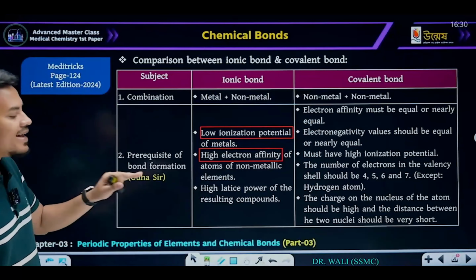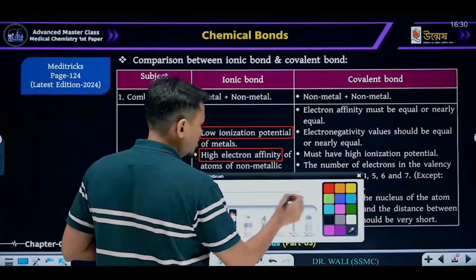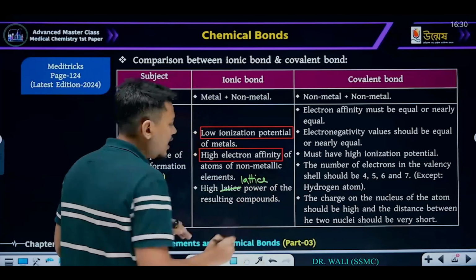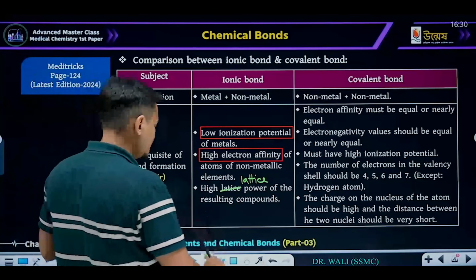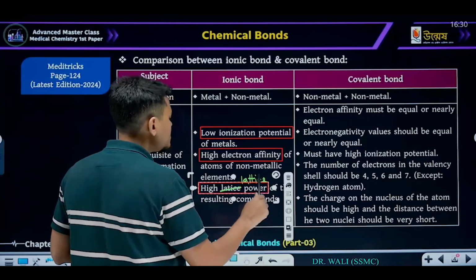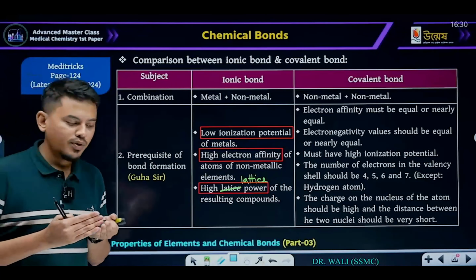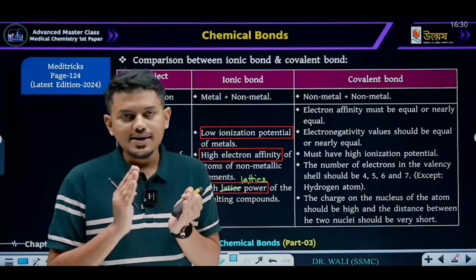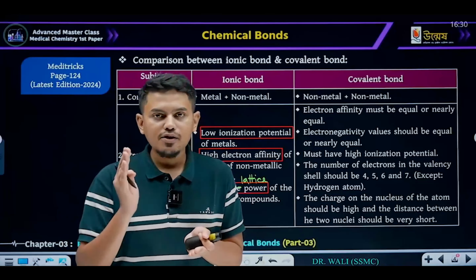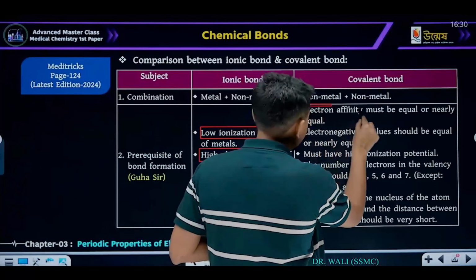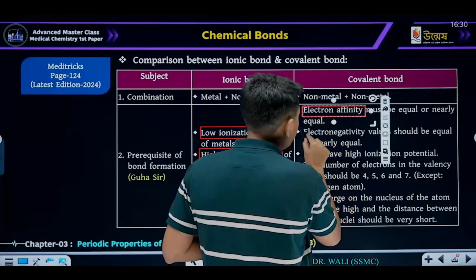And lastly, high lattice energy. The spelling is a bit wrong. Let me correct it. High lattice energy of the resulting compounds. So when the metals and non-metals come closer to each other, electrostatic force of attraction will compel them to stick together, and that's how a lattice is formed, which will require a high level of energy to break it down. Anyway, regarding covalent bond, since it is between non-metal and non-metal, electron affinity, electronegativity,